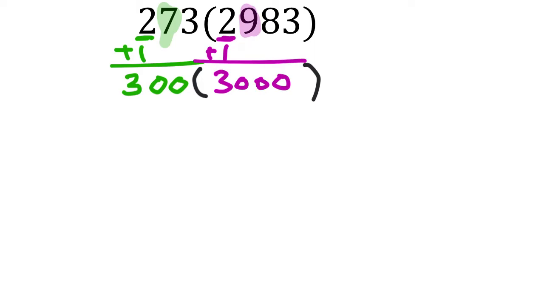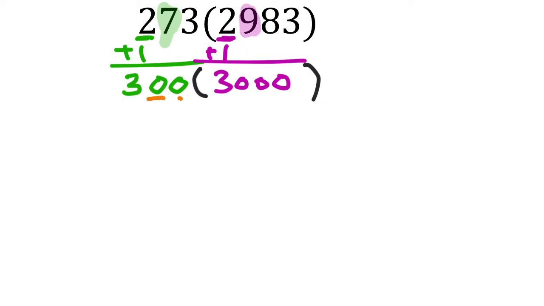And just like I've said before, it doesn't matter that the two numbers were rounded to different place values, because front-end rounding doesn't really care how many place values a number has. We're always looking at the front end no matter how big that value is. So since this is a product, a multiplication problem,